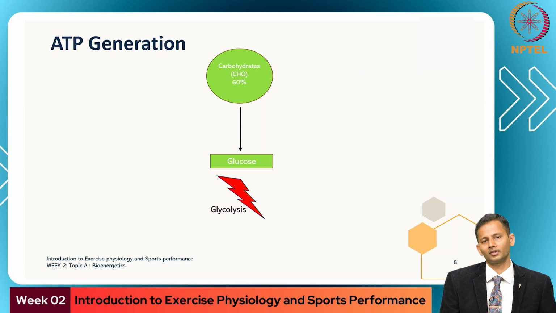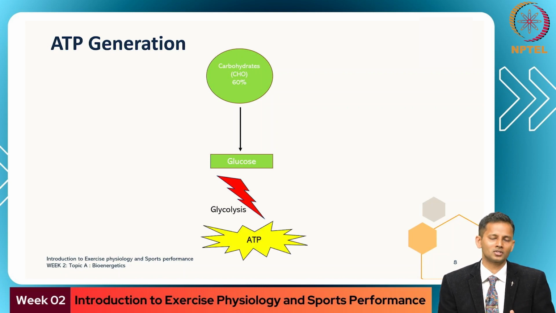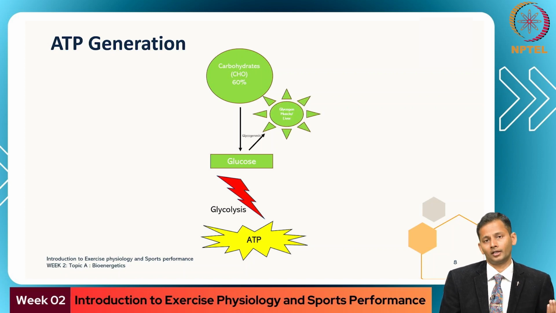So this glucose further gets chemically processed through a series of chemical reactions called glycolysis. Glyco means glucose, lysis means breaking down. The glucose is now further broken down and it undergoes various chemical processes to form ATP. This is one of the pathways. So when energy is not required at that point of time, or you have excess glucose available from your food, what is done with that? It is not excreted, it is stored by our body. It is stored in the liver and muscle as glycogen.